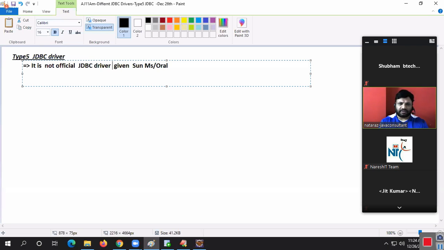The official JDBC driver architecture is given by Sun Microsystems or Oracle Corporation.